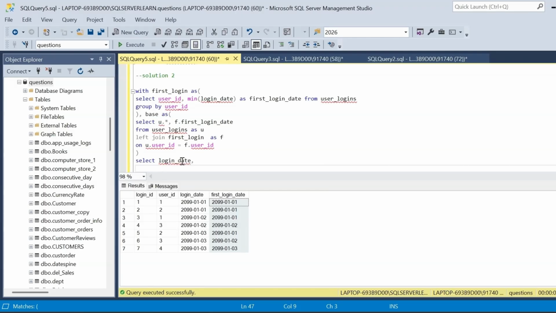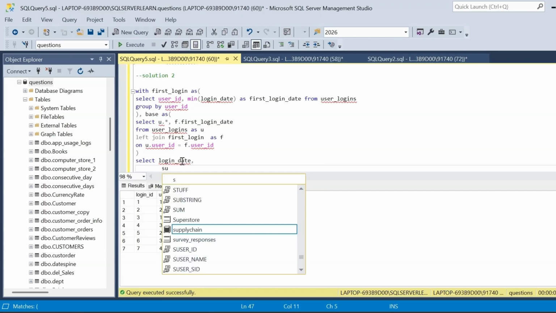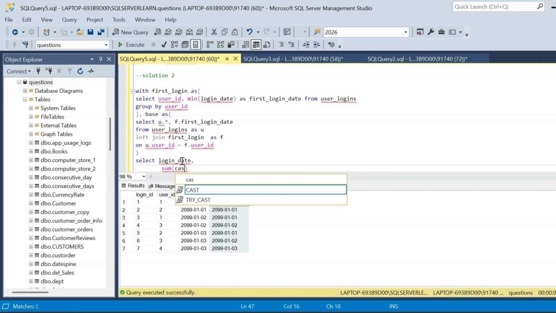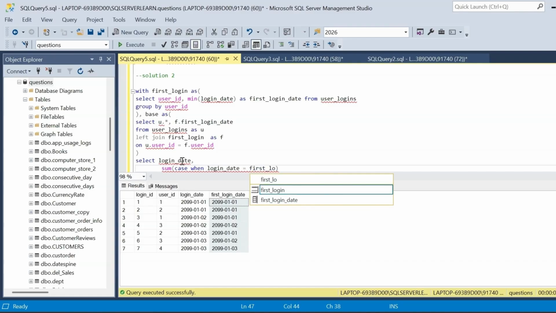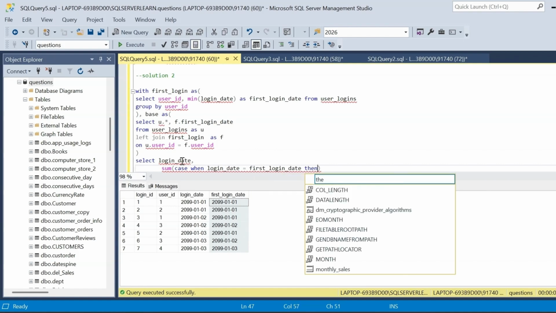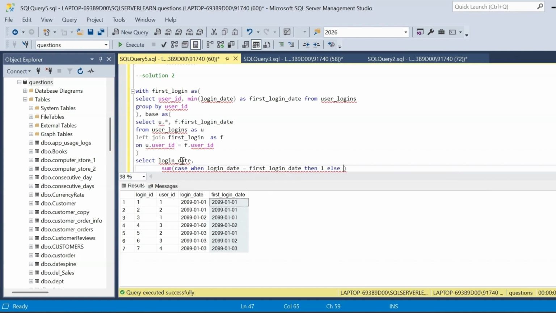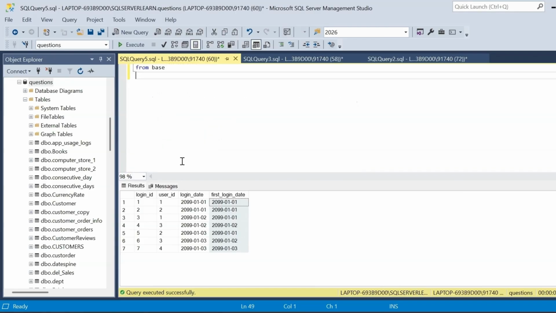Now we will adopt the same method that we saw in the first solution, that is SUM(CASE WHEN login_date = first_login_date THEN 1 ELSE 0 END)